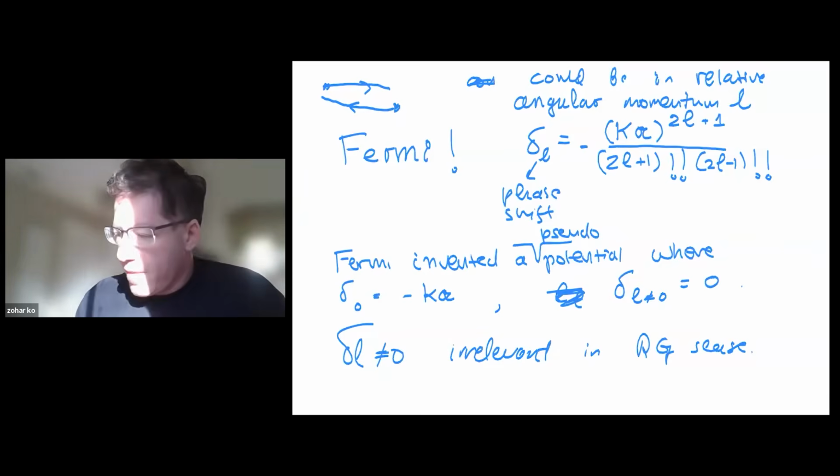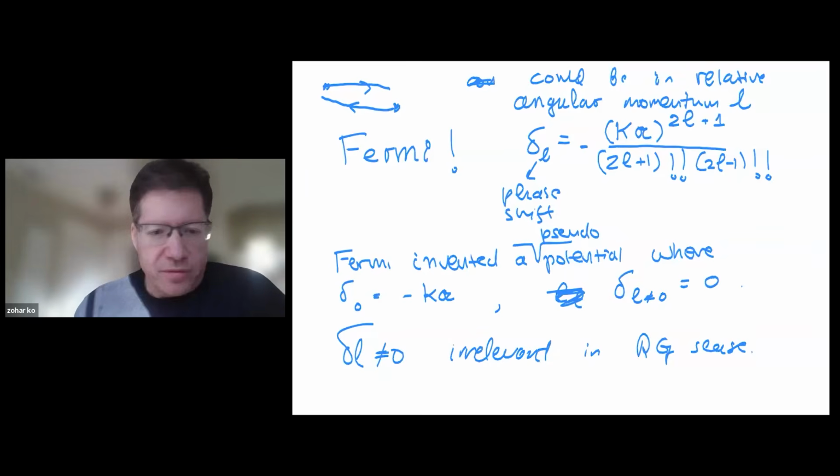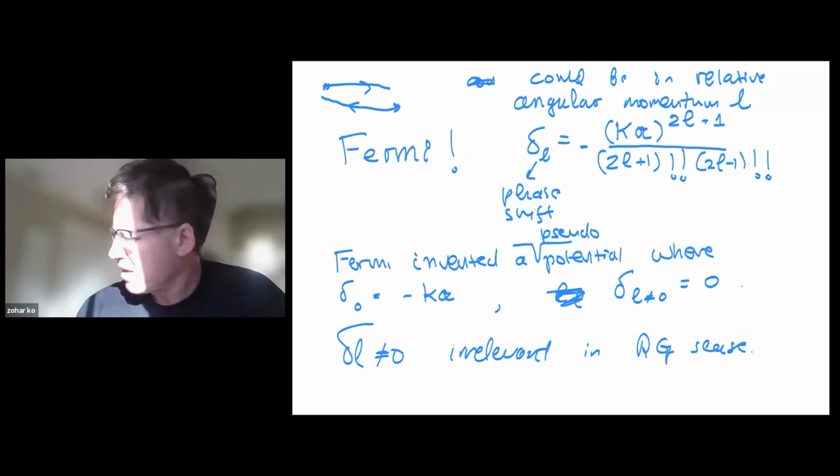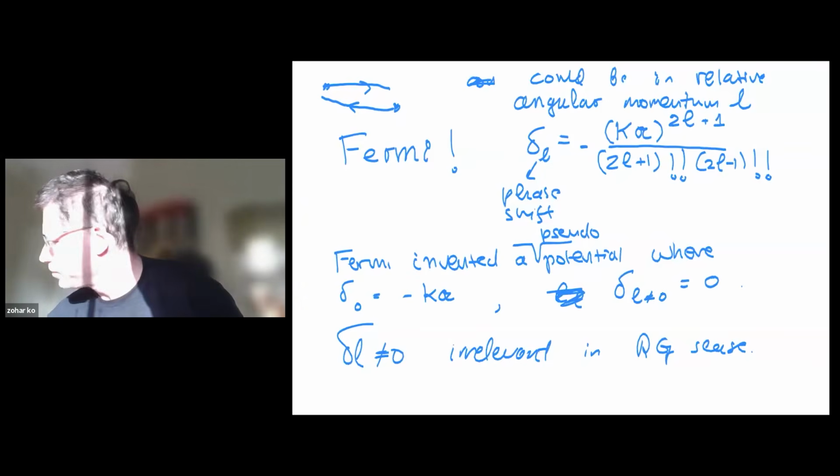Any other questions? Now we're ready to write an action, finally. We want to solve this problem of particles with this very weak interaction at zero temperature. So now finally we write an action. I want to remind you that in quantum mechanics there are two formalisms. One is a Hamiltonian. I already wrote the Hamiltonian for two particles. I could similarly write a Hamiltonian for n particles. It's basically the same thing.